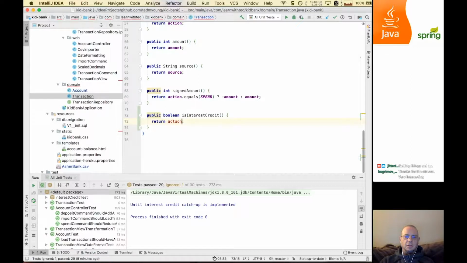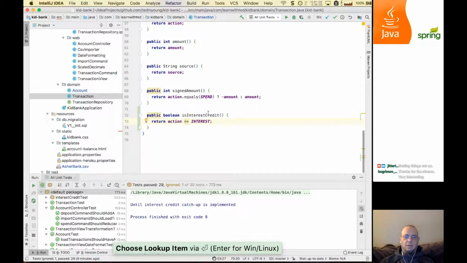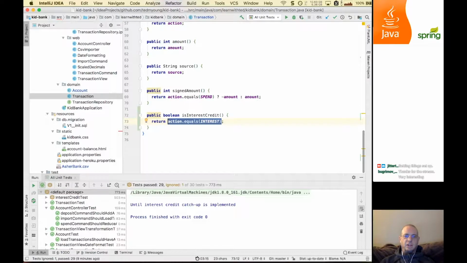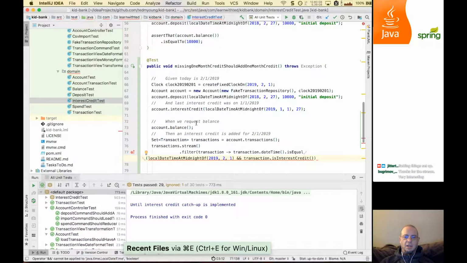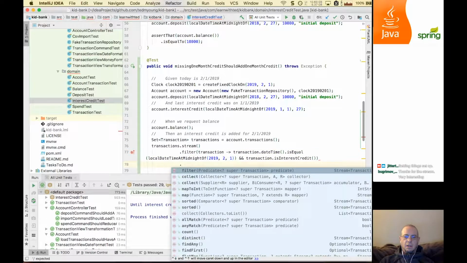action, interest credit. Maybe I shouldn't do that, even though it would probably work because this is a constant, but we'll make sure of that. That way, when we change this to an enum, I only have to change it in here. I won't have to change it out here. Plus, this is easier to read. Oh, I got parentheses wrong. So we're basically saying, is the transaction on February 1st, and is it an interest credit, then